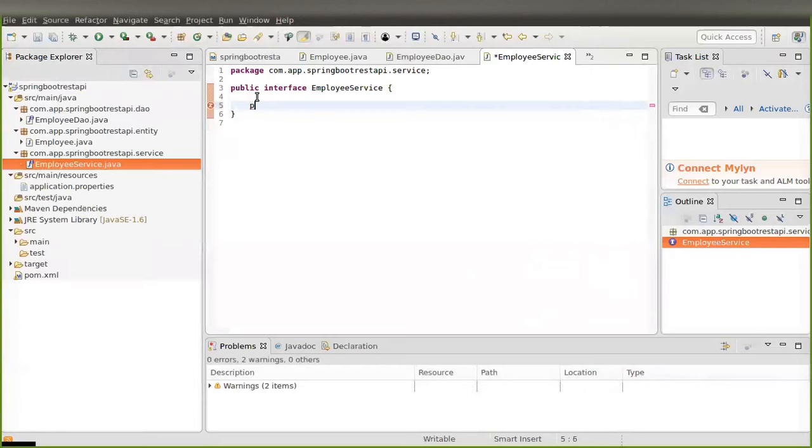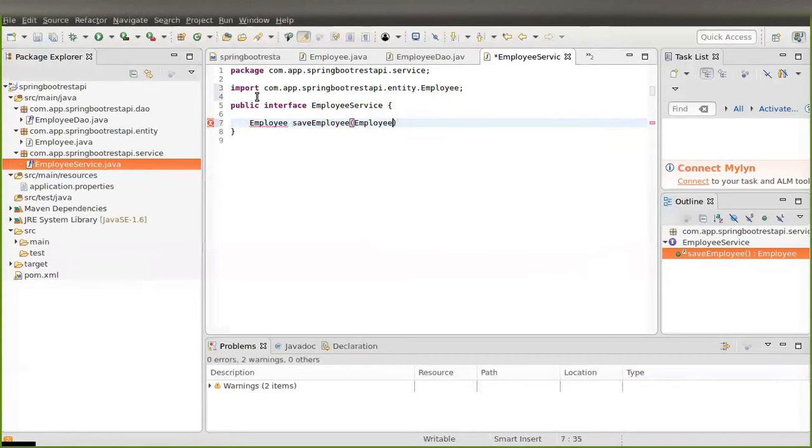So we are writing the methods whose return type is Employee, and I'm going to save that method, saveEmployee. Within this I'm going to write the Employee POJO, employee;